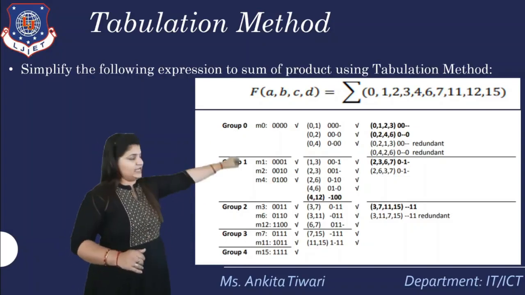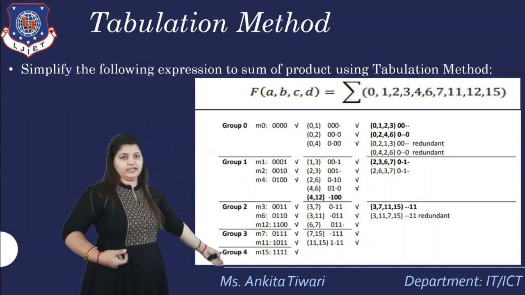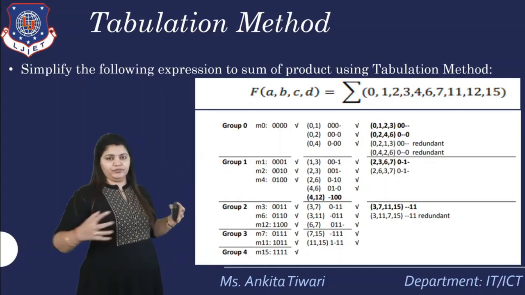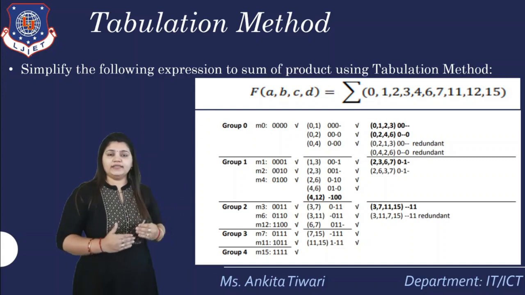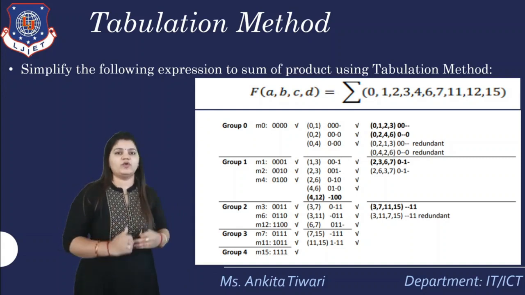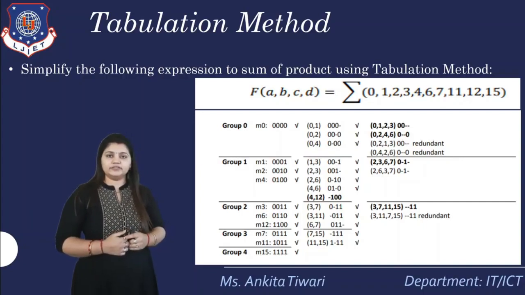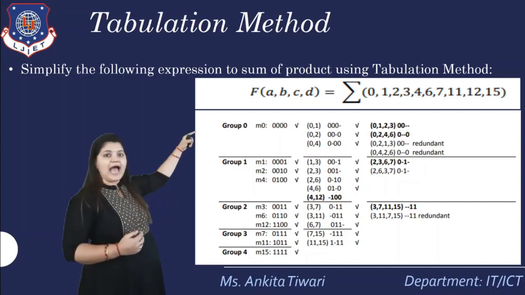Accordingly, we will move to the second group combination, which we have seen in the table itself. Now the pairs will be made like 0, 1. Then we have 0, 2. Then we have 0, 4. Now how are we making the pairs? Just listen to what I am saying. 0, 1. Just see 0 and 1.